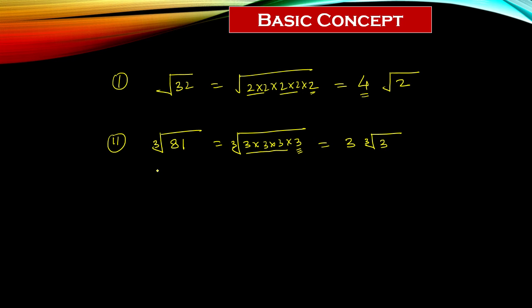So we will use this concept to compare irrational numbers when indices are the same, but the concept should be used in reverse. Whenever we find this situation in the question, we have to change the number into this form, and then we can compare the numbers. So reversely we will apply the rule in the comparison of two irrational numbers.